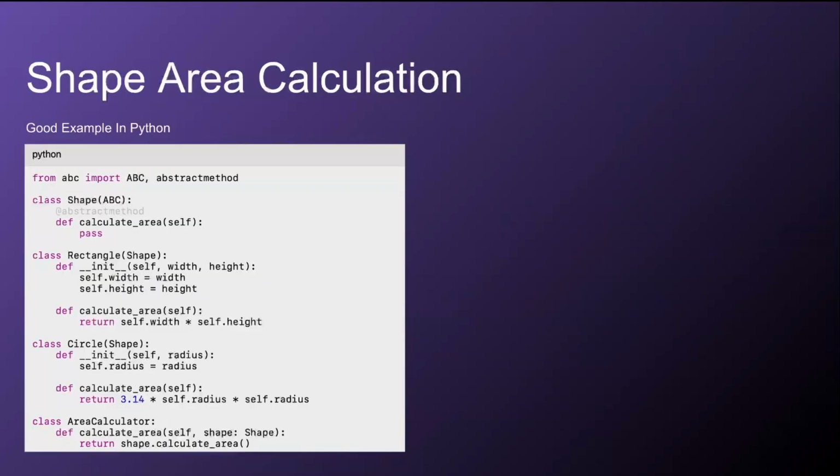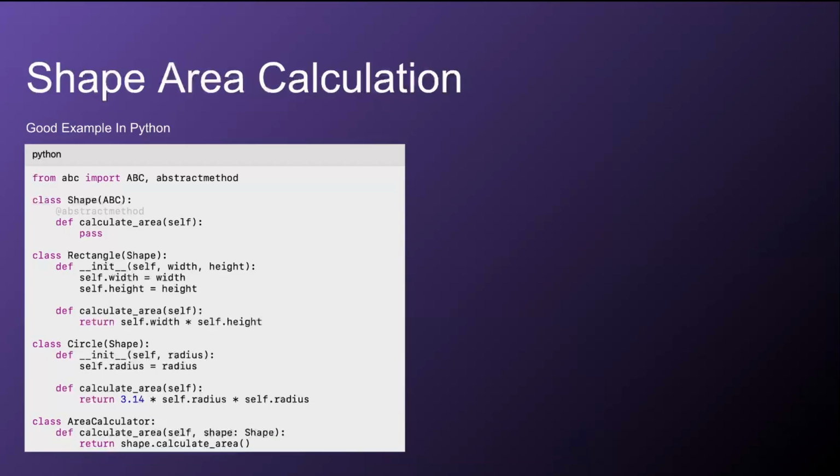So this is the good example. What are we doing? From the ABC module, we are importing ABC and abstractmethod. ABC is used to declare abstract classes, so that's equivalent to interfaces in Java. We want to define a blueprint class, and we want the inheriting, extending classes to implement those abstract